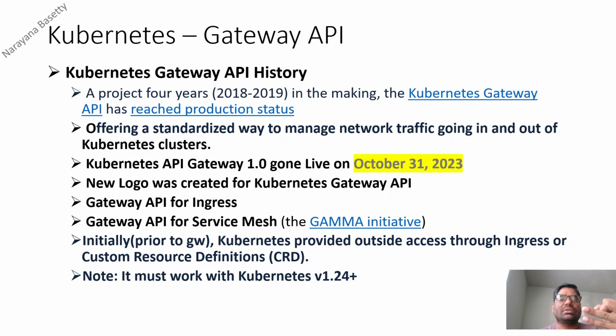MuleSoft also defined Mule Gateway. Glue Edge provided one gateway. HashiCorp's service is called Consul Gateway. Every vendor had their own implementation. They don't want to follow their own ways now. Everyone should follow a standard and implement it. That is how it came about, because whenever we are hosting any